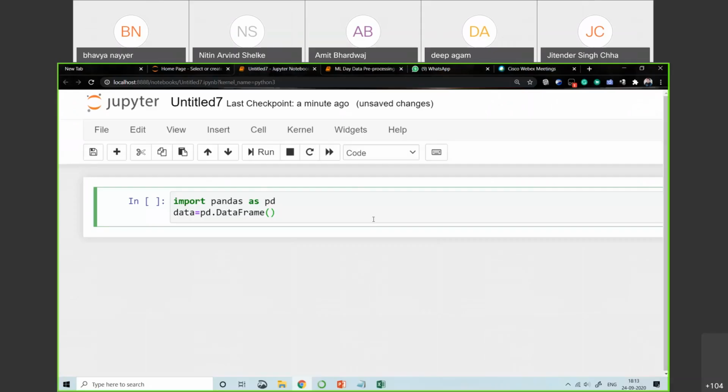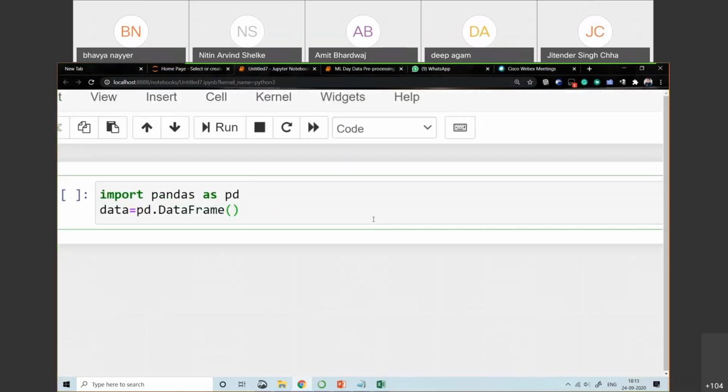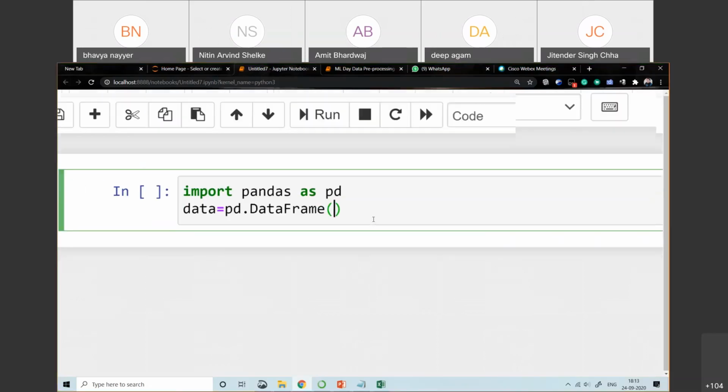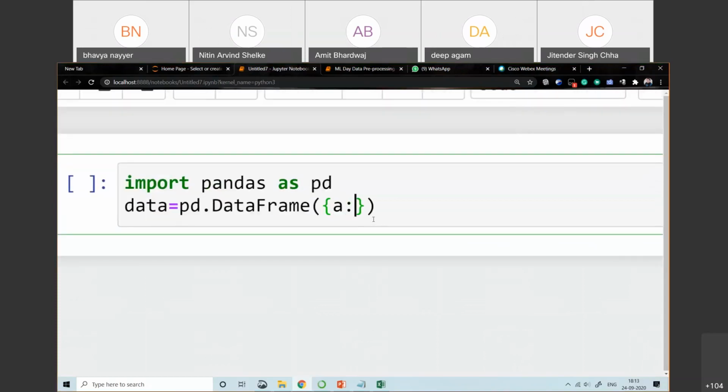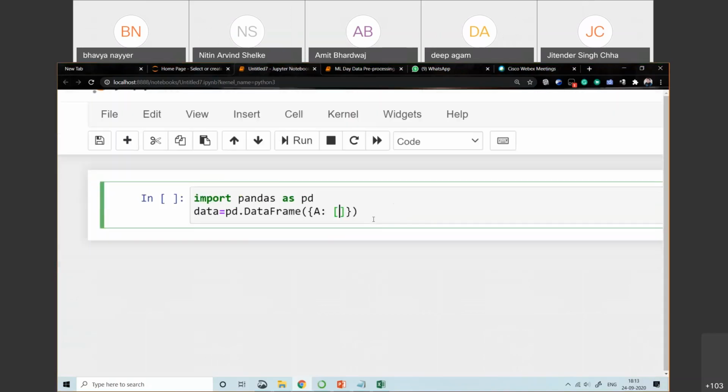I think my screen is visible, okay, right. So pd.DataFrame, I'm creating one frame here, let's take some values: a colon, that contains 1 comma 2 comma your dash value. Okay, so you can apply the same on the actual data set also.